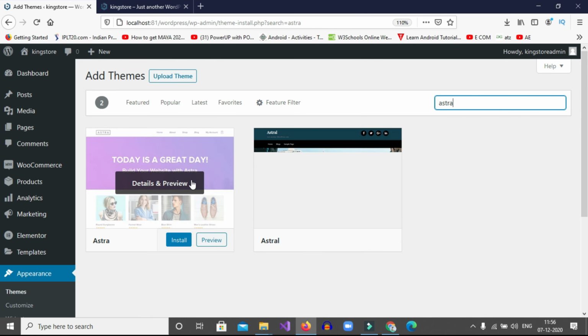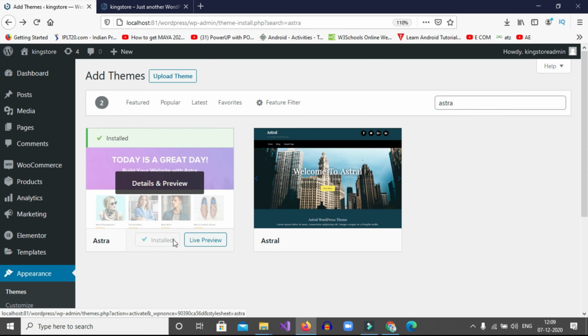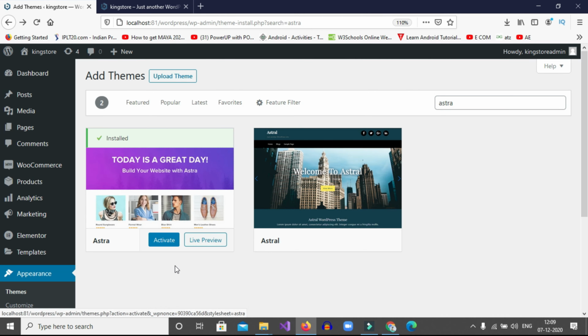Click on Install. If you want, you can preview how the template will look on our website. Okay, Astra theme installing. After completing installation, click on Activate. After clicking on Activate, the template will be added to our site.